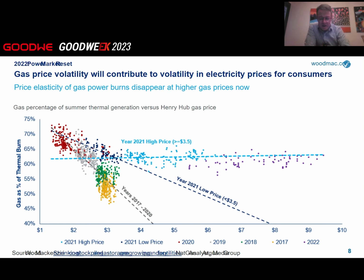Now, what our gas team would tell you is that there are very ample amounts of natural gas supply available that could be produced, in a range of $3.50 to $4 a million BTU. And so they would say that over the long term, that is kind of where we expect gas prices to be. But the reality is, whenever there's a shock to the system,